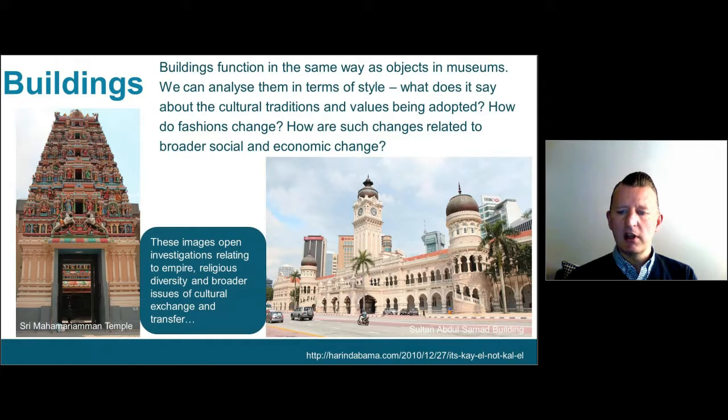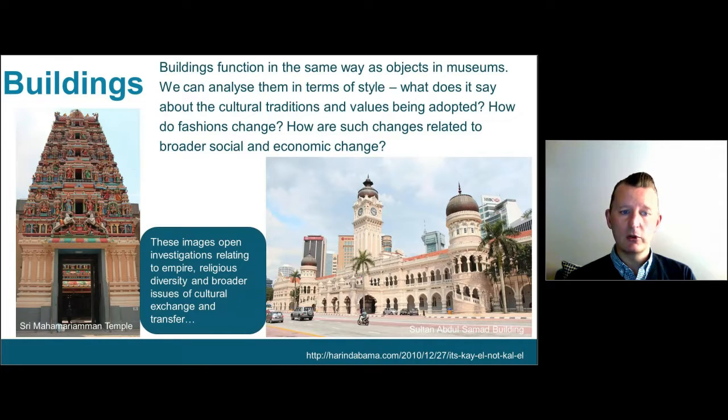and reflecting a peculiar kind of British imperial stance, which wanted to capture some of the vernacular architecture in the region, but did so in a typically British way. So these images, if you were to visit these buildings, open up a number of possible routes for interpretation. On the one hand, they invite us to talk about empire, to talk about religious diversity in the society, but in a slightly broader sense, they invite us to talk about issues of cultural exchange and how ideas get transferred